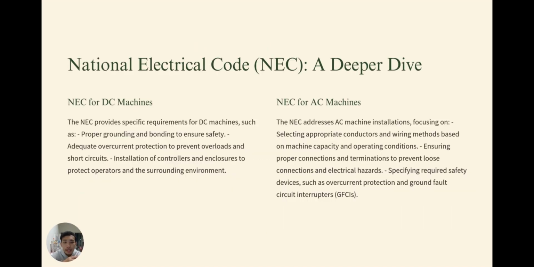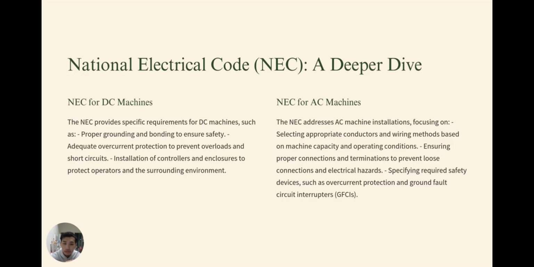NEC, a deeper dive. NEC for DC machines. For DC machines, the NEC provides specific requirements, such as proper grounding and bonding to ensure safety, adequate overcurrent protection to prevent overloads and short circuits, and installation of controllers and enclosures to protect operators and